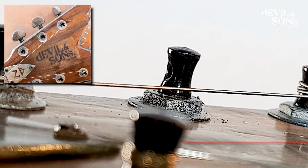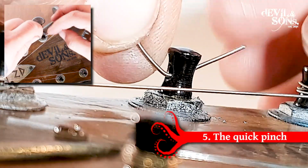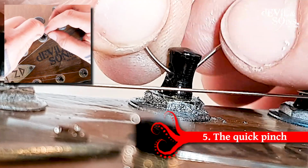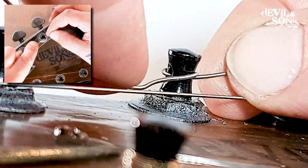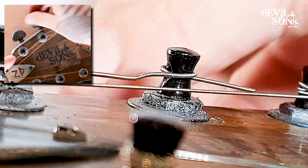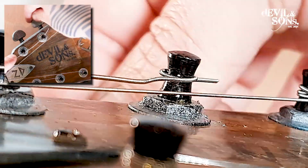Here we go with the fifth way. It's very similar to the last one. I've already cut my string. I'm going to push the string through so it's sticking out a little bit, and then I'm going to wrap it around the tuning peg like so. So it's going over the top of the string, and then I'm just going to turn the machine head again